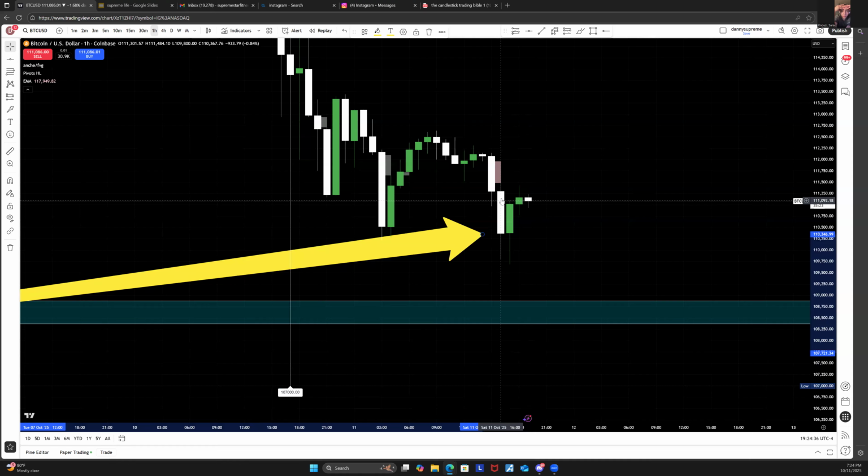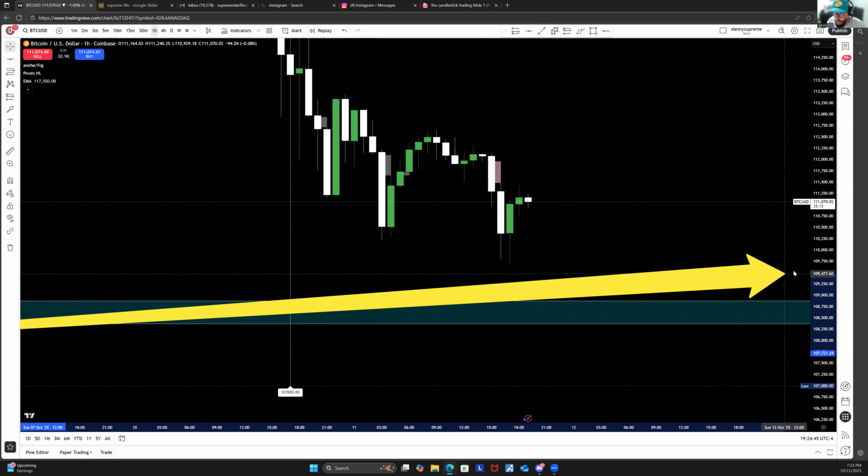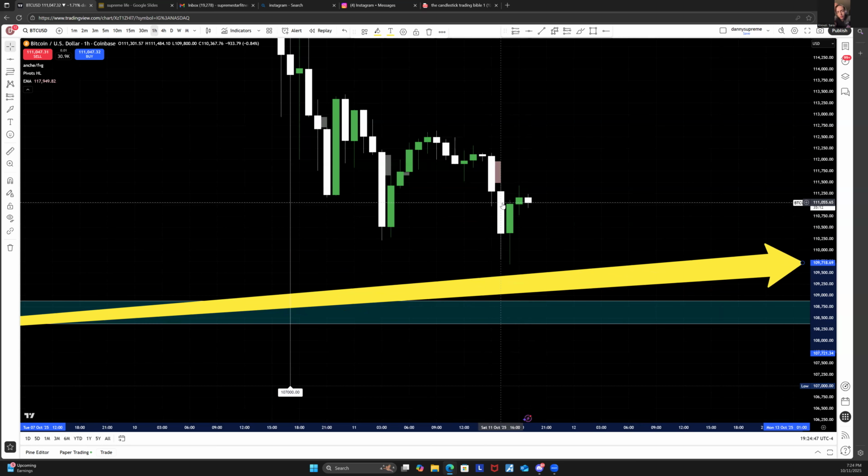Okay. This white candle, the seller wanted to push it all the way down to the price of 109,000. I want you to look at this right here, 109,000. And you see where the arrow is? Look, it's moving numbers. You see these numbers? So the seller tried to push it to $109,835 with 59 cents. He tried to push it that low.